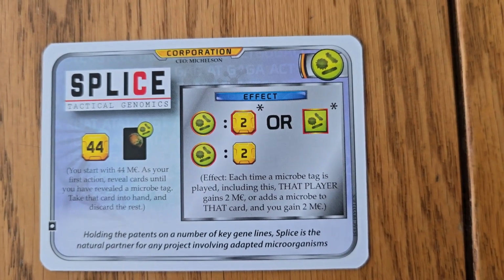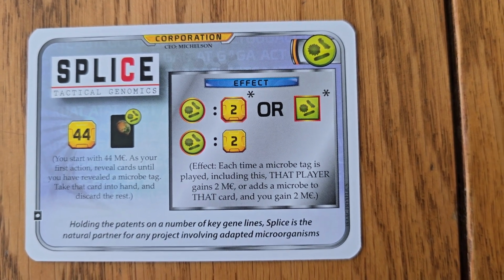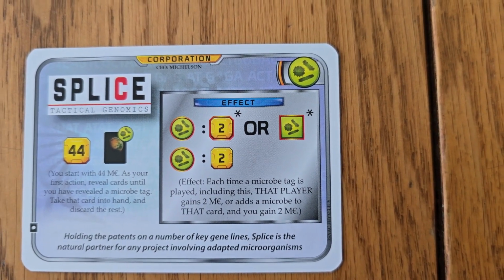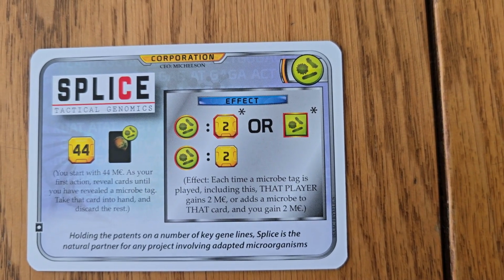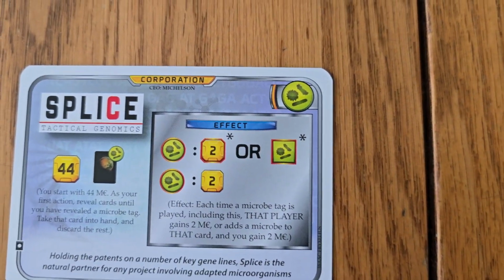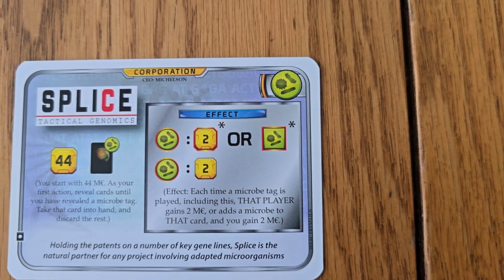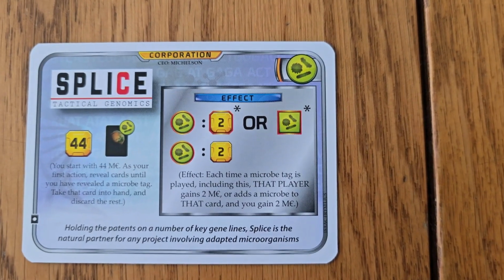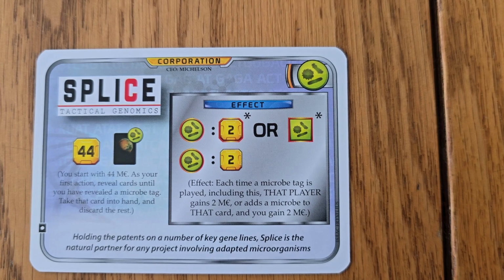Okay, this is cool. Holding the patents on a number of key gene lines, Splice is the natural partner for any project involving adapted microorganisms. So the effect, each time a microbe tag is played, including this, that player gains 2 mega credits. Wow. So this would apply to other people at the table, because that player gains 2 mega credits or adds a microbe to that card, and you gain 2 mega credits. So if you're the one to play the microbe, you're going to get 4 mega credits or add a microbe